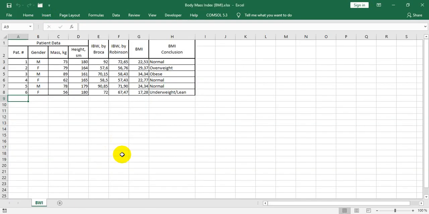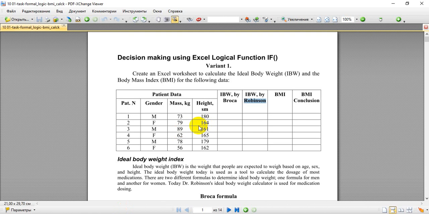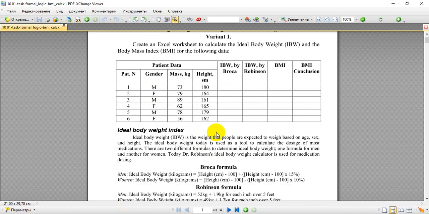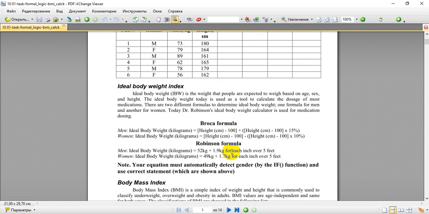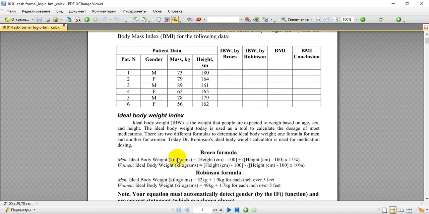But we focus our attention on the calculation of body mass indexes. As you know, there is a classical one, the ratio between weight in kilograms and squared height in square meters, and there are other approaches. It's the so-called Broca formula and Robinson formula respectively. What about the Broca formula of body mass index? We can calculate it here,